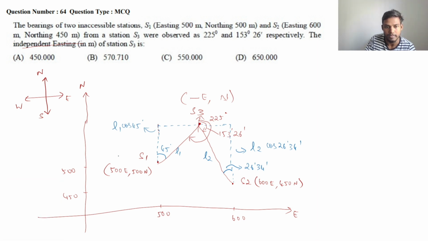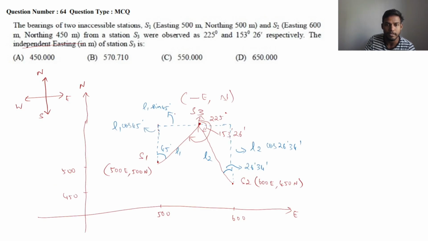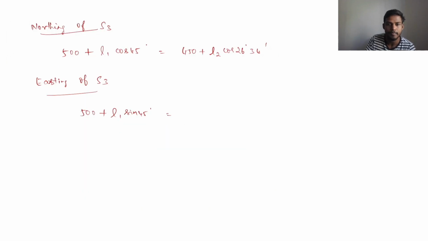This horizontal distance, from here from the y axis, is 500 meter plus this horizontal distance, which will be equal to L1 sin 45 degree. So it is 500 plus L1 sin 45 degree with respect to S1, and with respect to S2 it is